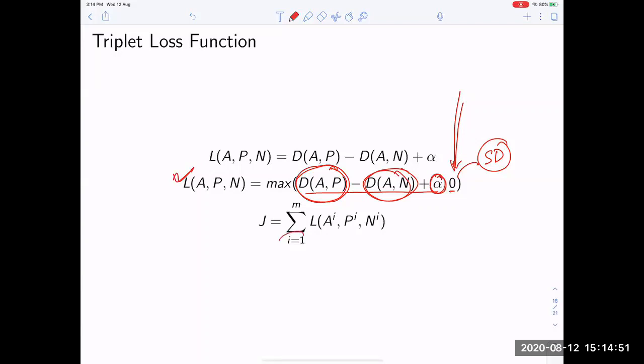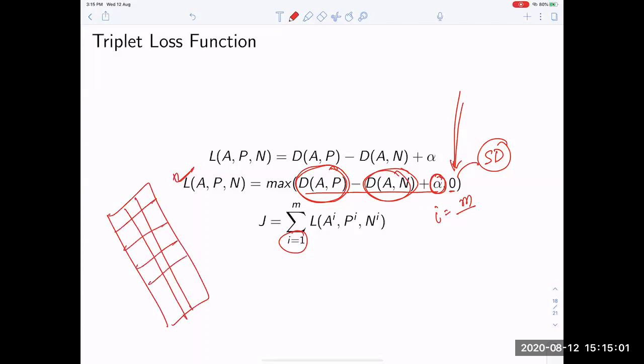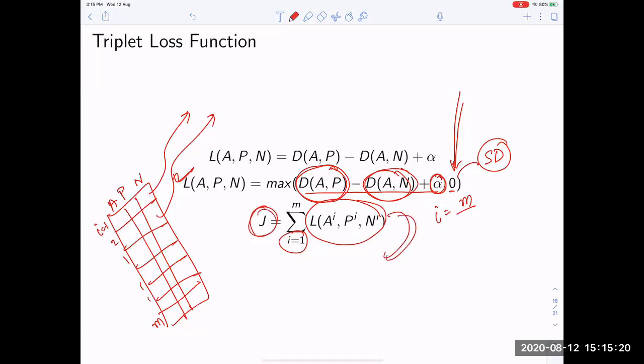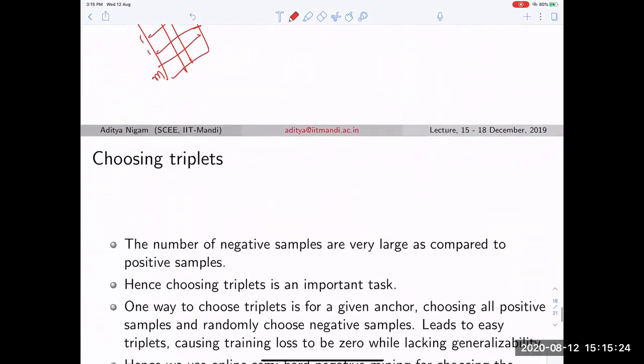The i here is actually my triplet. i equals 1 to m. I again have m such pairs, and these are going to be triplets now. I have anchor, positive, and negative, for i equal to 1, 2, and so on up to m. First I take this, show it to my network, find out the loss, add it over here. Then I take this, show it to my network. I keep on adding and find out my final J, and that J is going to back propagate as a loss. Is this okay and clear to everyone, or you can ask any question?